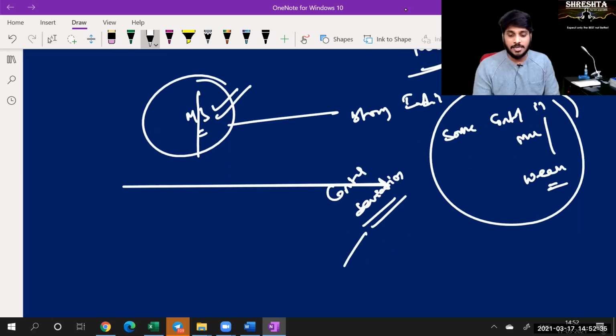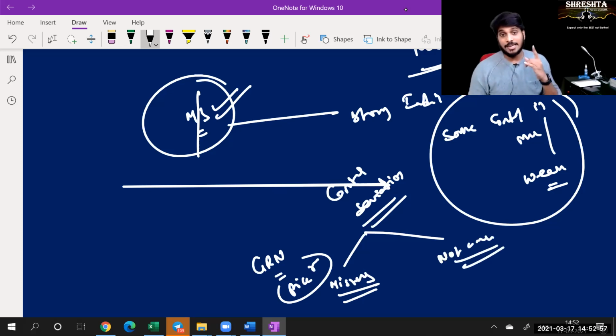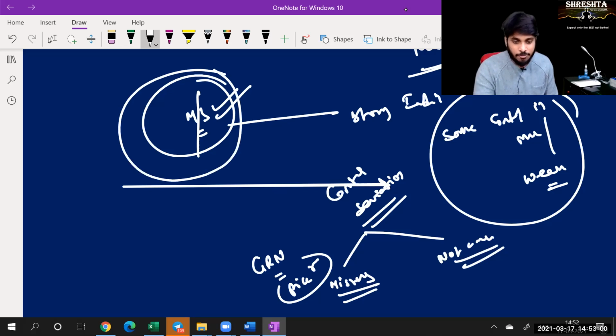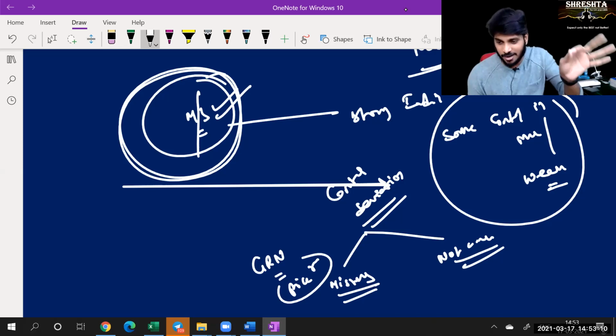What is a control deviation? Either the control which is important is missing, like in our example in GRN, the price related restriction is missing. That is one deviation. Another one: the payment department has to check the purchase order and then pay accordingly, which they are not doing. Our control is not working. The control is there, but employees are not working on it. So there is a control deviation. Existence of material misstatement while carrying out substantive procedures is a strong indicator that there is a significant deviation in the internal control.